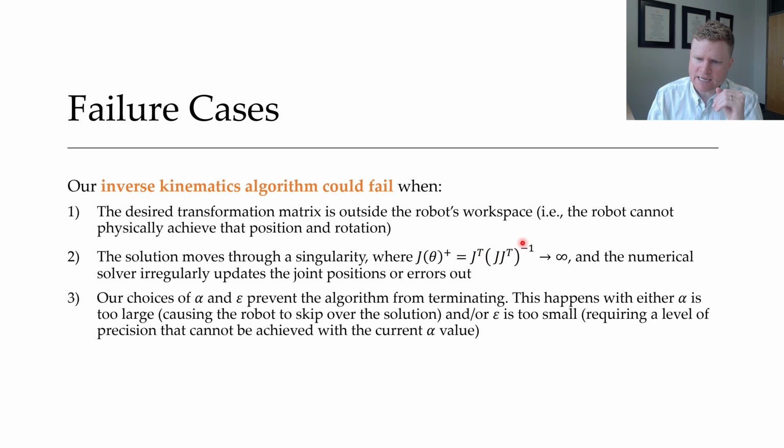Specifically, remember you're taking the inverse of your J transpose. Well, at a singularity, the Jacobian is dropping rank. And so when I take the inverse of this, which is now no longer a full rank matrix, it goes towards NaN or infinity. Different solvers or implementations maybe deal with this in slightly different ways, but just know that this is a fundamental issue